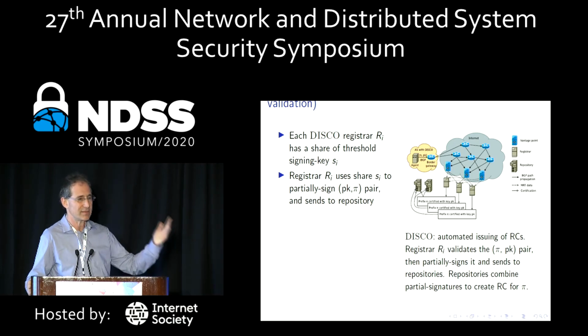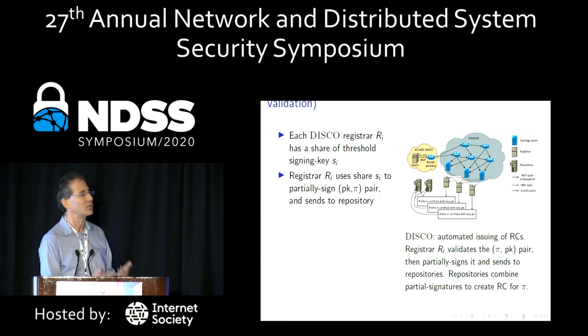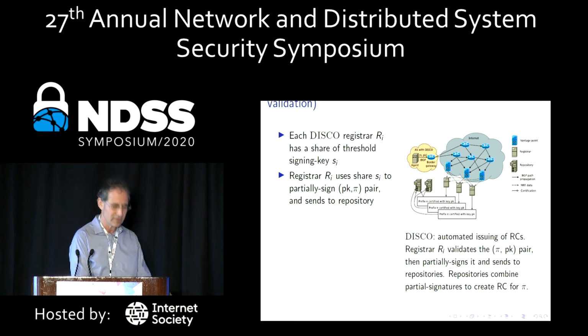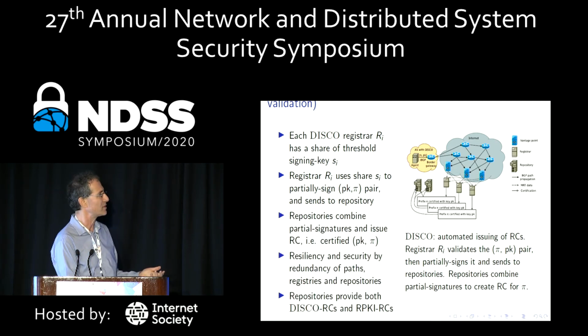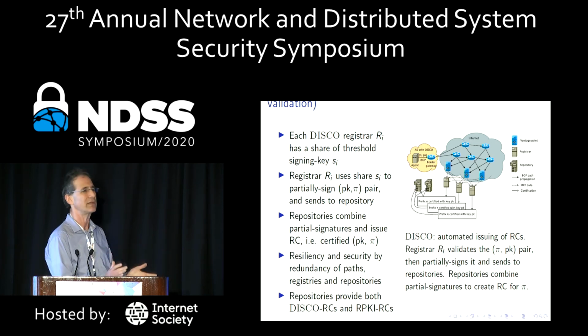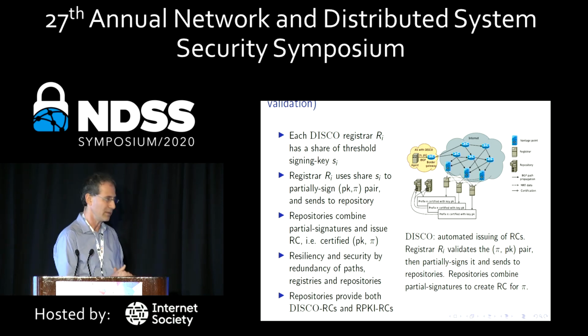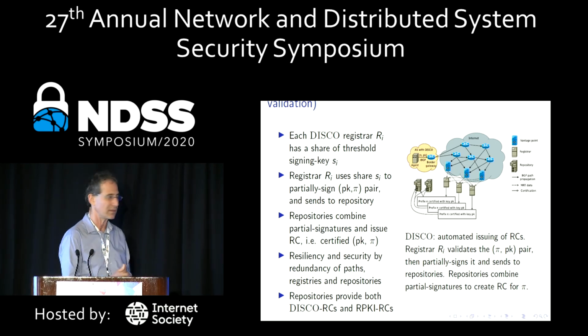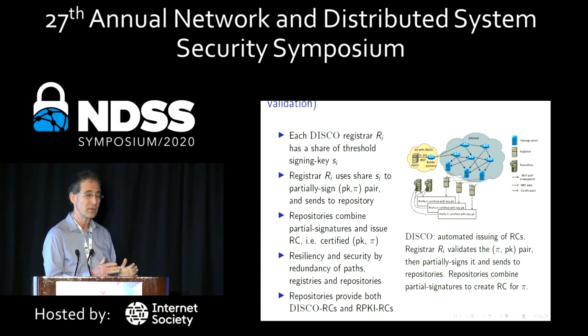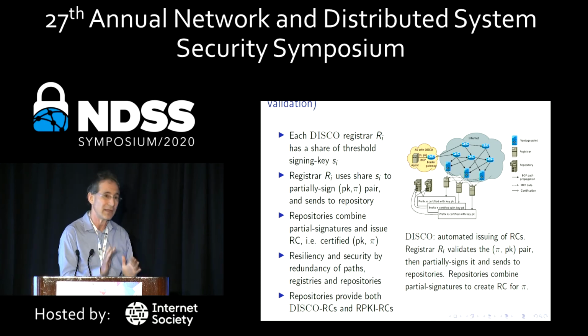So now we are just signing them. As I said, we are using threshold signature, so we don't need to trust any single registrar. Each of them has a share of the group threshold key, uses the share to do the partial signature, and then sends it to the repositories. The repositories combine these partial signatures, and we get the certified public key. We are all happy. So we have this resiliency and security by using redundancy of the different paths, by using the redundancy of the registrars, and of course of the repositories too. The repositories' redundancy is just to make it available, right? Because the repositories cannot cheat. It's all signed, but of course they can make it unavailable. Okay, so